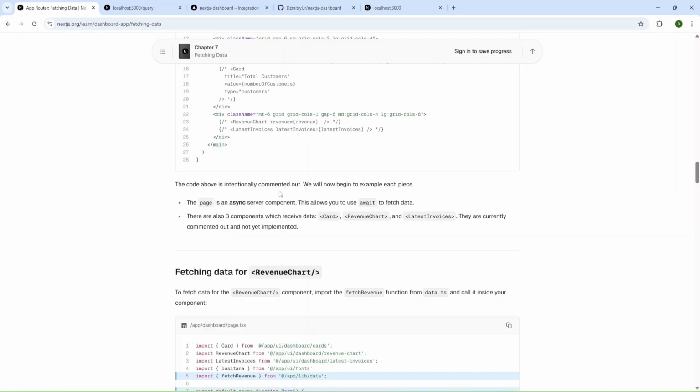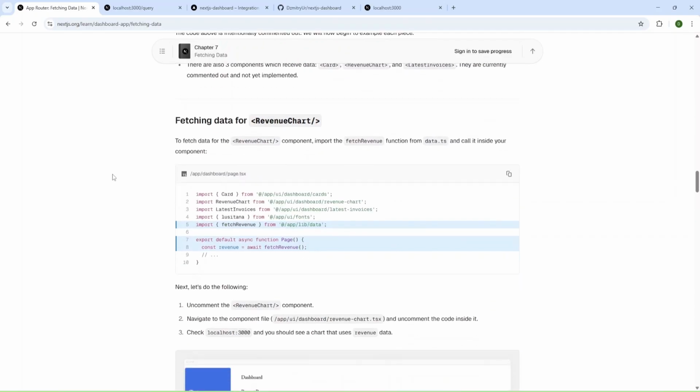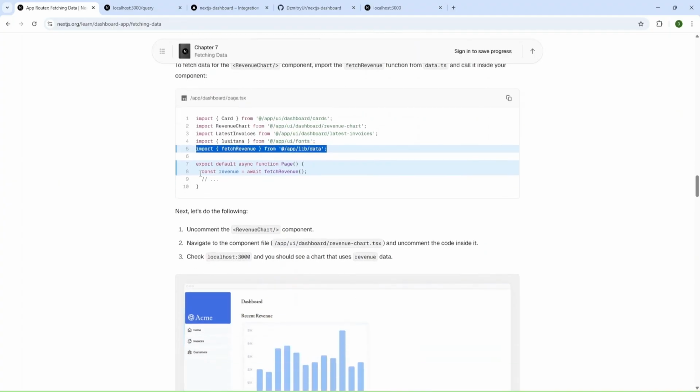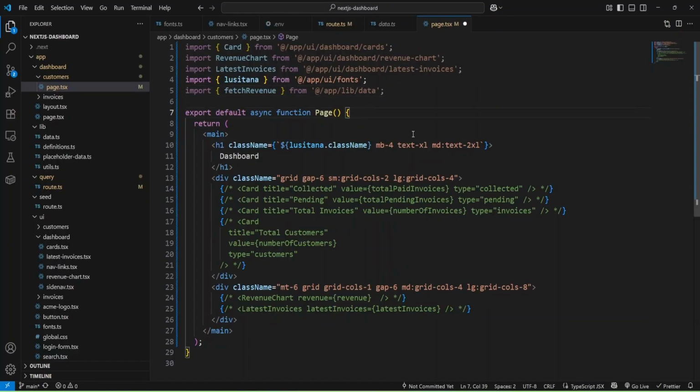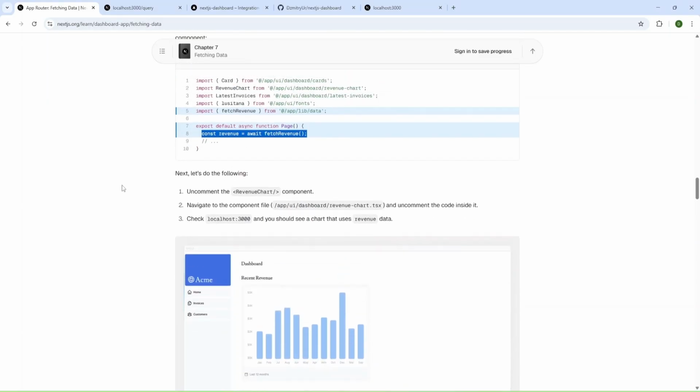They intentionally commented out the code, and now we need to add some code. We are going to add the fetch revenue function using import. Also we need to add this function to the page here. Okay, and let's see next.